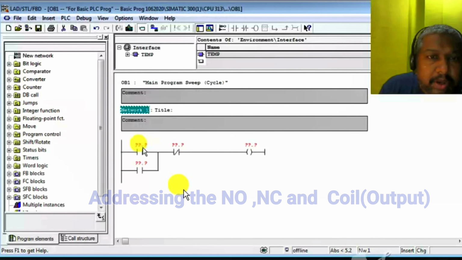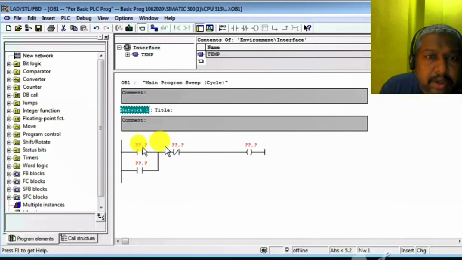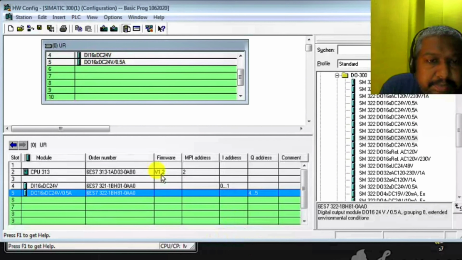Now we have to edit the question marks, that is, we have to address the NO and NC contacts and coils. In Siemens, I represents inputs and Q represents outputs. So we address the NO and NC contacts and coil by I and Q. Look, this is the same: this is input DI16 and DO16.